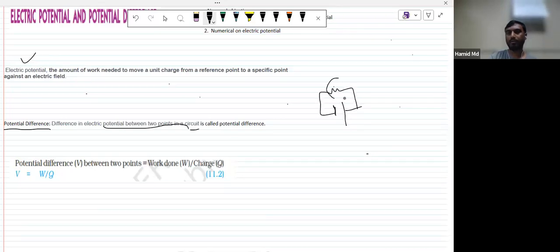This is the simplest circuit. Suppose the potential at point A is VA. After this element, there will be potential VB. Because of this resistance or bulb,